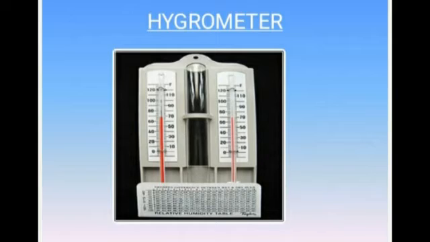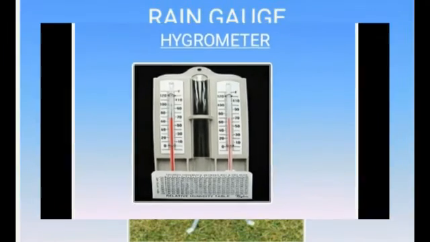So when the temperature reading in both the thermometers is the same, then the air is fully saturated and the rate of humidity will be 100%. So nowadays an automatic hygrometer called the hygrograph is commonly used, and it continuously measures and records humidity on a graph paper. So we have learned what? Under barometer we learned barograph, anemometer we learned anemograph, and here we are learning hygrometer, hygrograph.